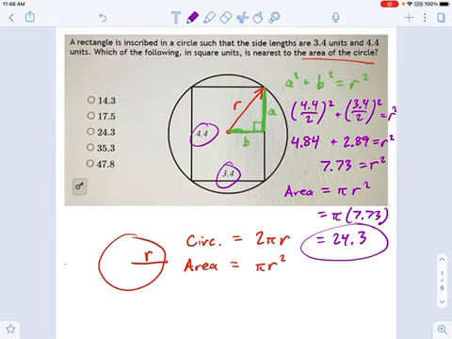And you probably could have actually figured that out if you said, oh, pi is a little more than 3. So a little more than 3 times something that's almost 8, yeah, it's about 24. Now, if you had a circumference problem, you would have needed to figure out r. You would have needed to square root this and figure out r. But deal with that when you get to it.